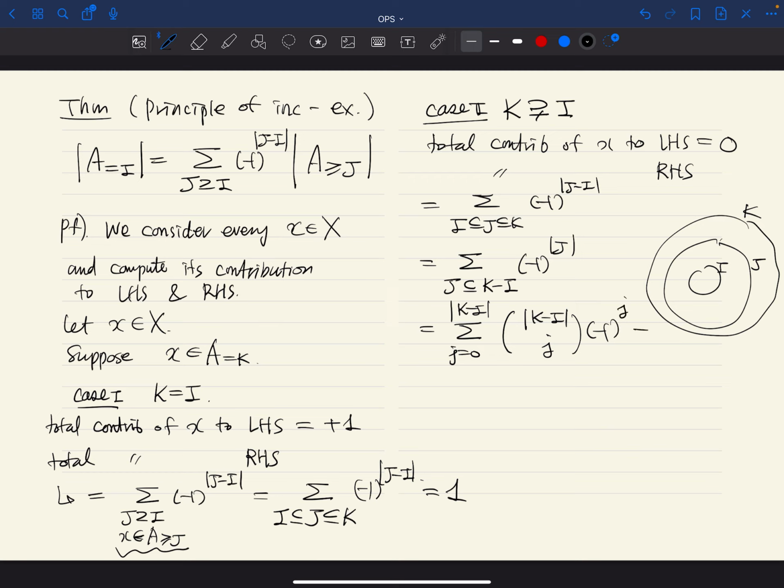But this is always 0 because this is non-zero. If this is M, this is always 0, it's the binomial theorem. So the contribution is still 0. So that is covered. So lastly,